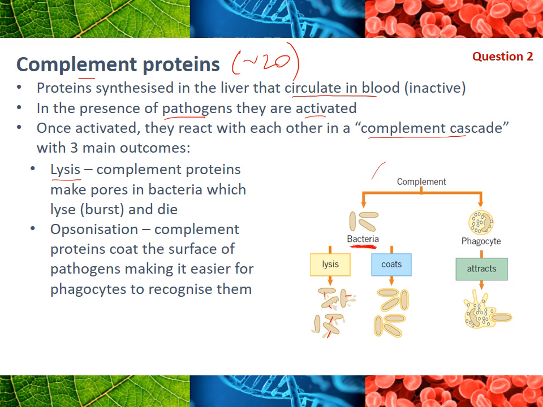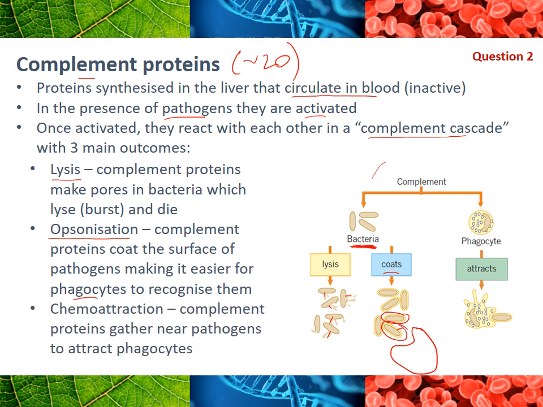There's this big fancy word called opsonization, which basically, it says here, coats, which is probably easier. That is when the complement proteins will coat the surface of the bacteria or the pathogen, so basically surround it and make it easier for phagocytes to recognize them. Okay, so here we've got these complement proteins surrounding these pathogens so that these phagocytes will come along and consume